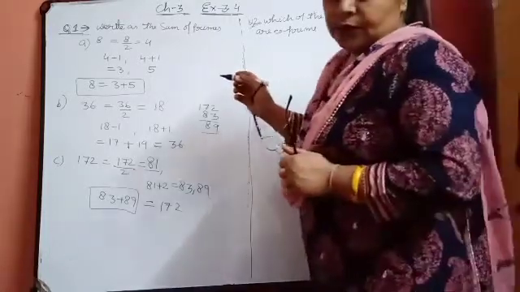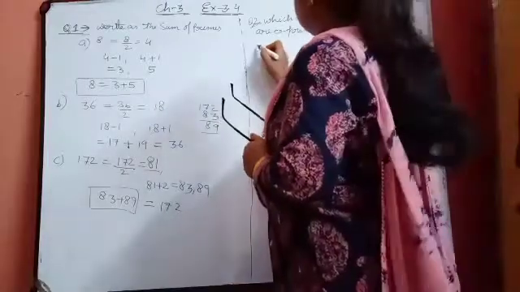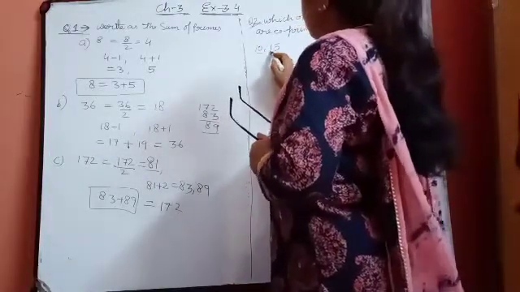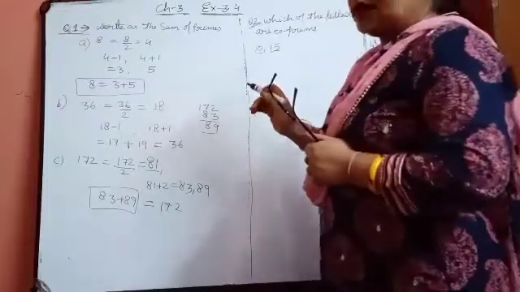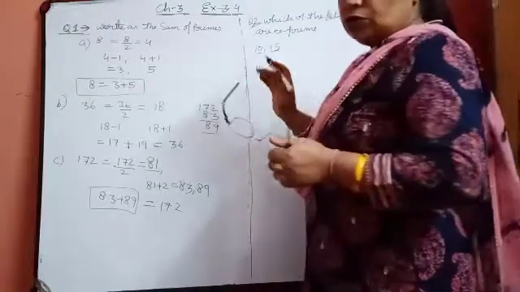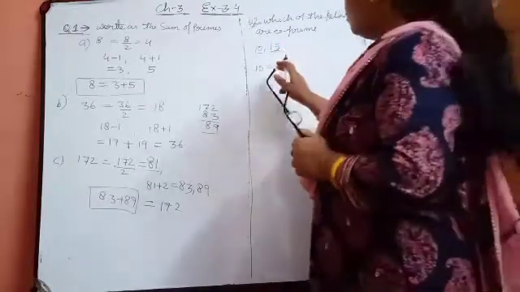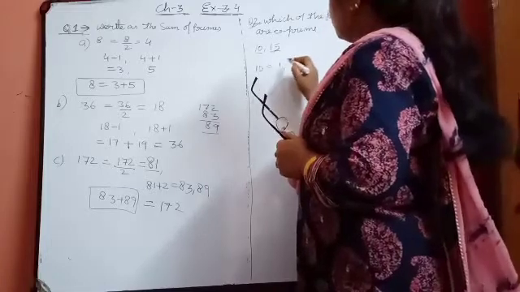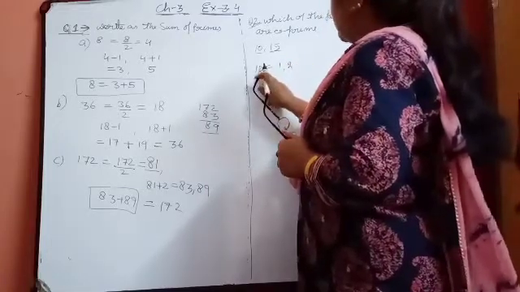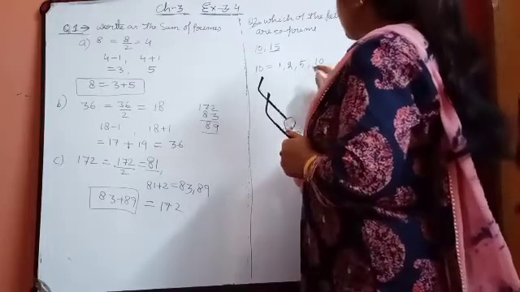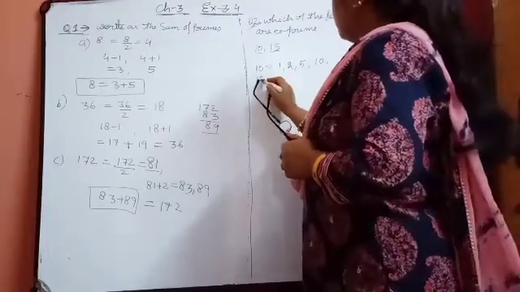Now see 10 and 15. If I do the factorization, I will write the factors of 10. Everybody knows how to take out the factors now. You can see that 1, then in the table of 2, 5 times 2 is 10 coming, then in the table of 5 it is coming, and in the table of 10 it is coming. Now write the factors of 15.